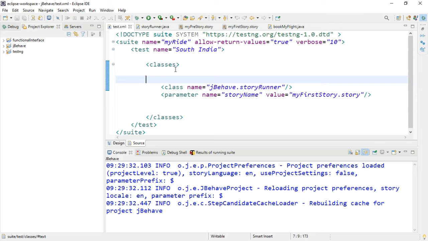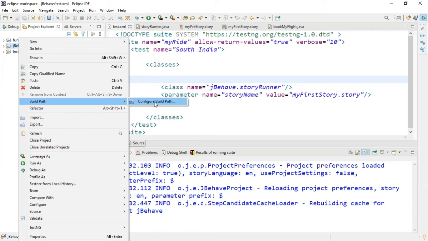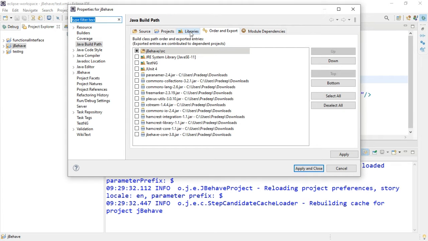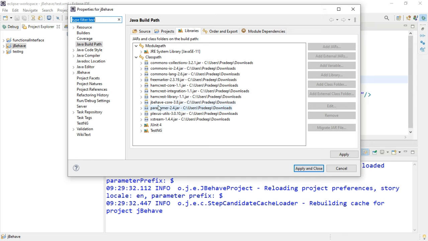You remember while configuring JBehave and running JBehave, we downloaded multiple jar files on which the project is dependent. Okay, let's go and see that. Right click on your project, build path, configure build path. If you come to libraries, you see here, we have downloaded JBehave core and some of the dependencies on that, like commons, lang, IO, FreeMarker. All these jar files we have downloaded from Maven repository, and then using add external jar files we have added